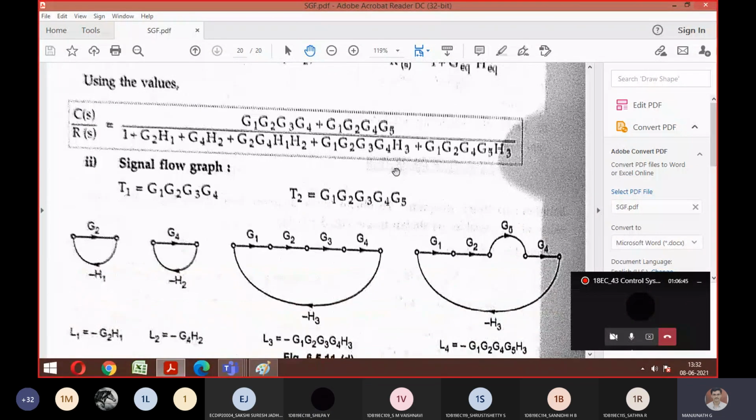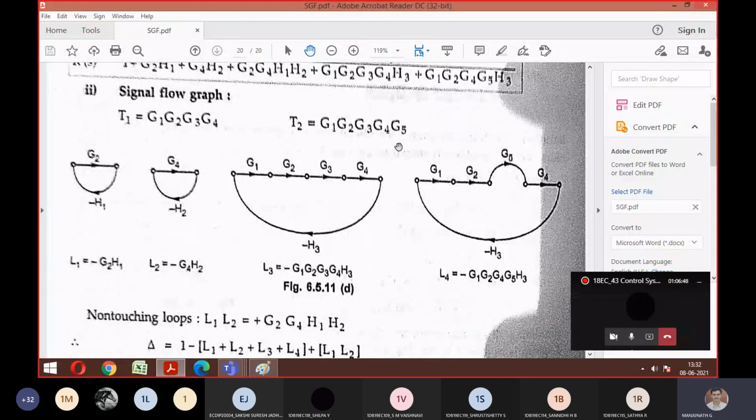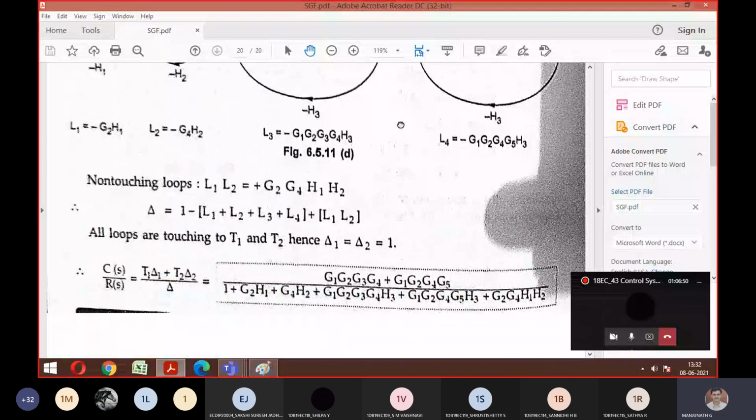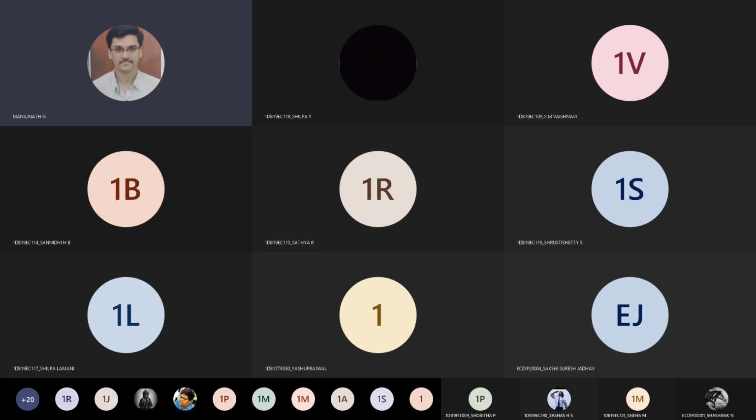I hope you understood now. So you got the logic now. For such kinds of problems, if they ask for verification, whatever answer you got from the block diagram and the signal flow graph, both answers should be the same. That's why I told you the methods are different, but the answer is the same. So the only thing you should remember is the different procedure to follow. So you got the idea now. Your signal flow graph was faster compared to your block diagram technique. So this is the way you can compare block diagram and signal flow graph. So that completes your module number 2 complete revision. Next class we will start.